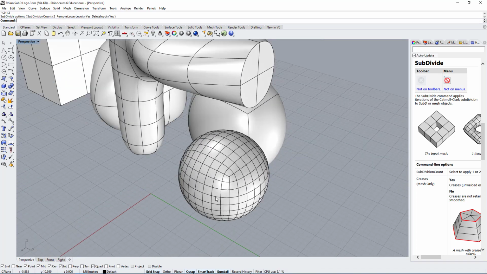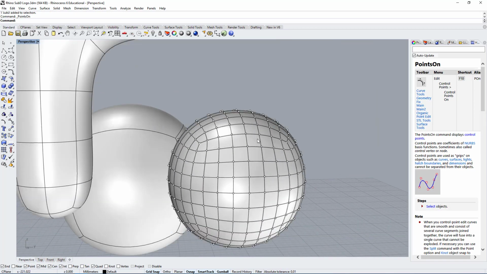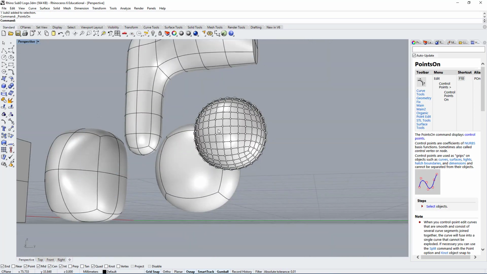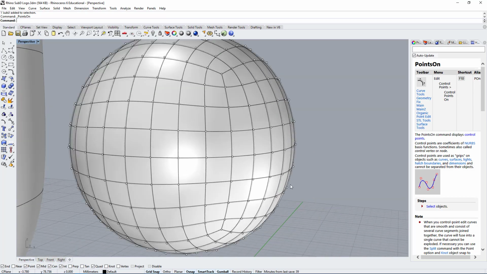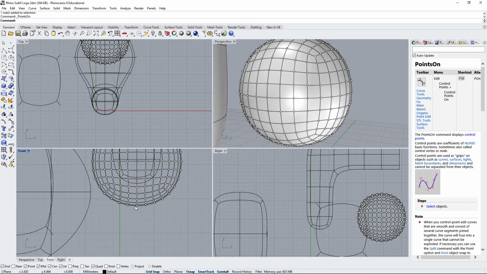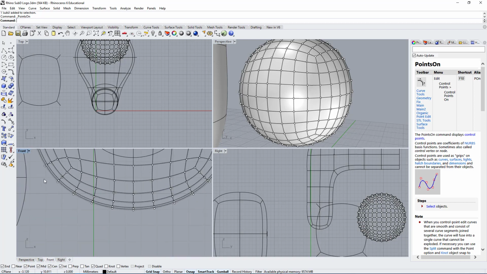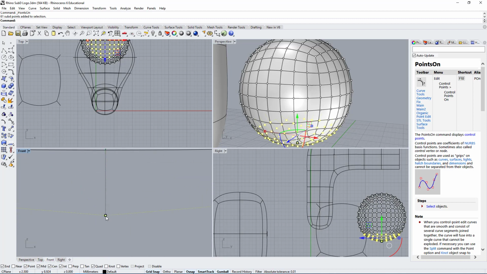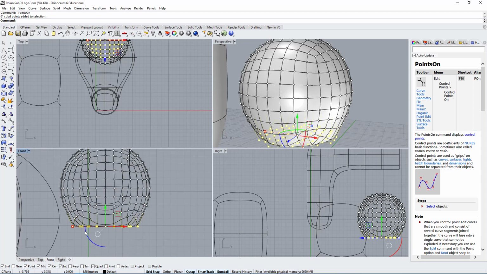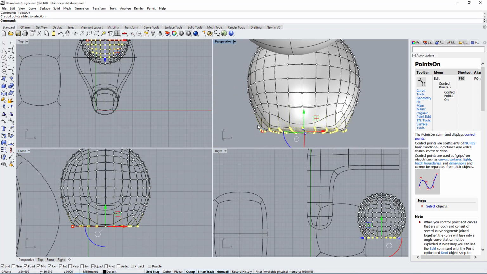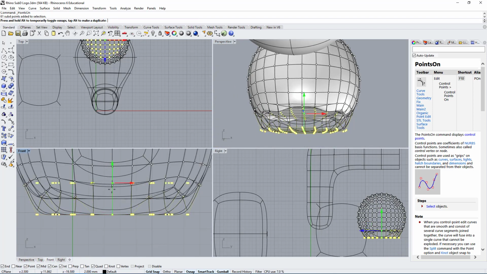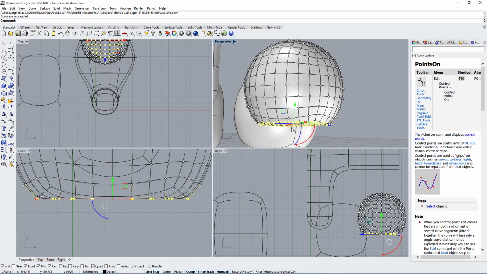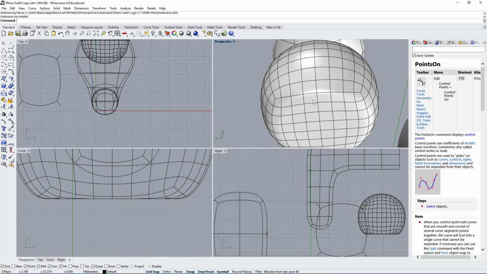But you can see how you can add a lot more control, and this gives you more points to work from, but this may be too much. It really depends on what you want to do. Like, let's say we just want to make this look like it's flat at the bottom. So I can select everything, and I can click on the green handle, type in 0, press enter, and now I just scaled all of these points to be moved at 0, so they're all flat. They have a planar relationship to one another, so it looks like it's perfectly flat, and it gives it this crisp